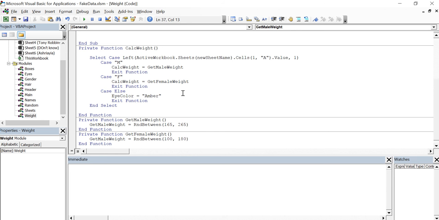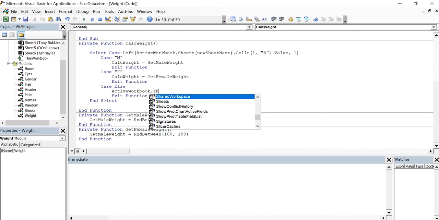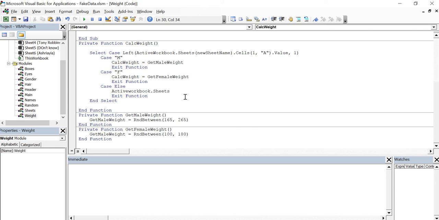All right, and so finally we're here at our else statement. And this is where it gets a little bit more complicated again. So what we need to do here is we need to take a look at the gender column. So that would be workbook.sheets, new sheet name, cells,